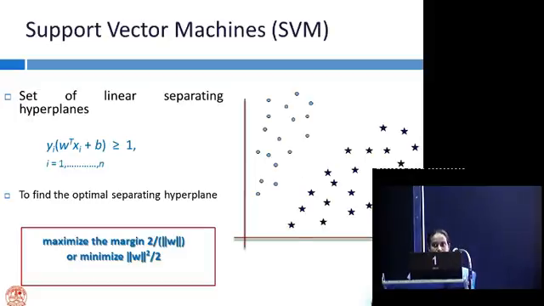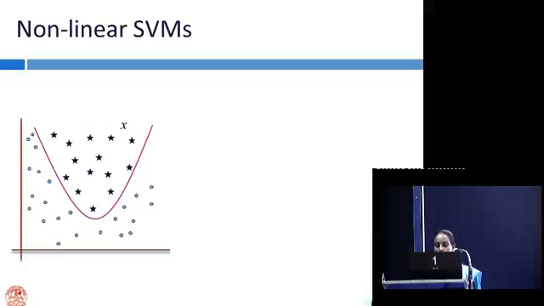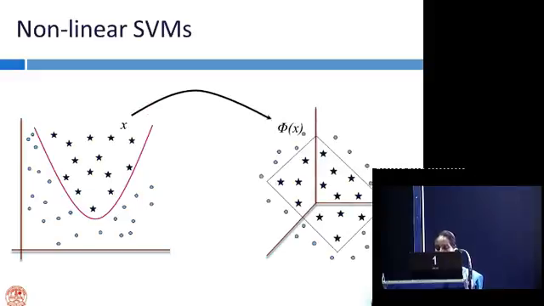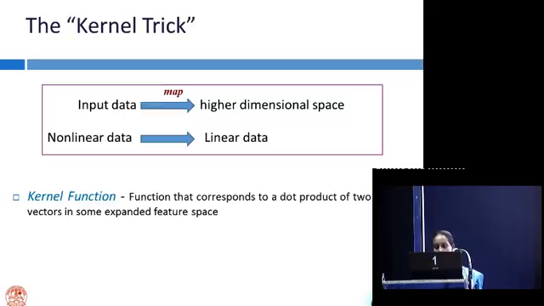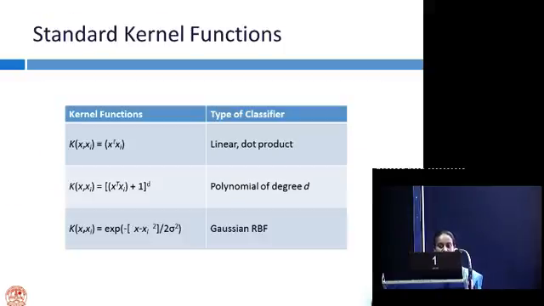Now, this was the case when patterns are linearly separable. In case the pattern is non-separable, as in most real-time applications, what we do is map the data from the original space to a high-dimensional space where it will be linearly separable. And this is done using kernel functions. So in short, we map the data to a high-dimensional space so that the non-linear data gets converted to linear data, and this is accomplished through kernel functions. Now these are some standard kernel functions: linear, polynomial, and